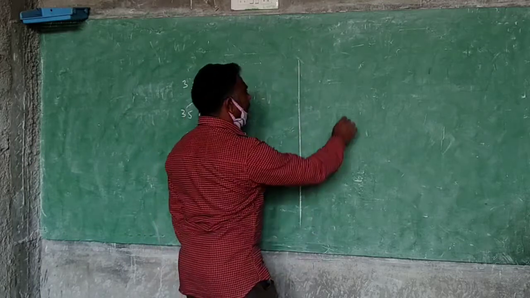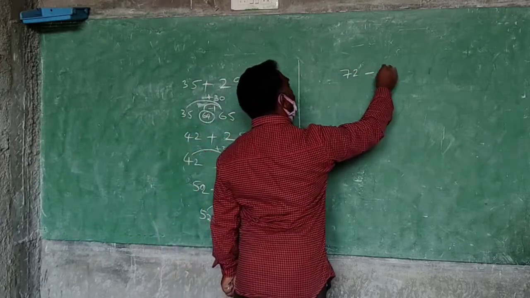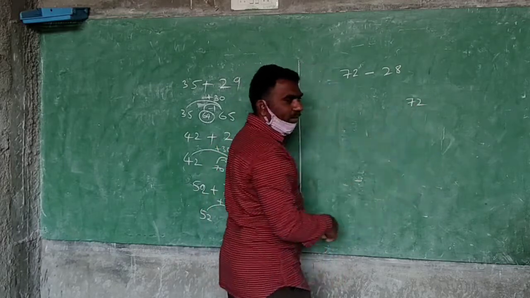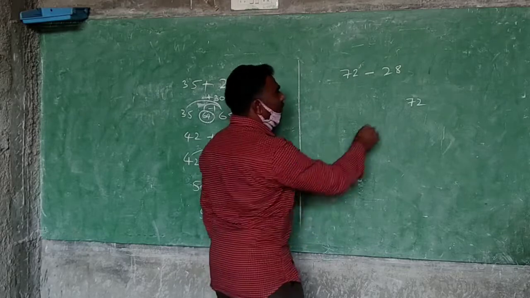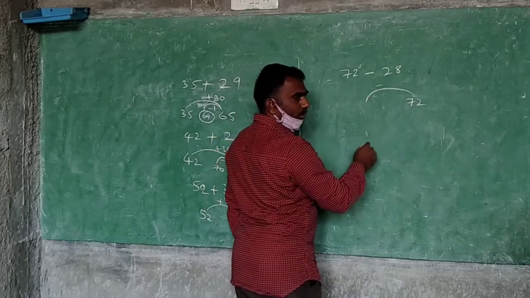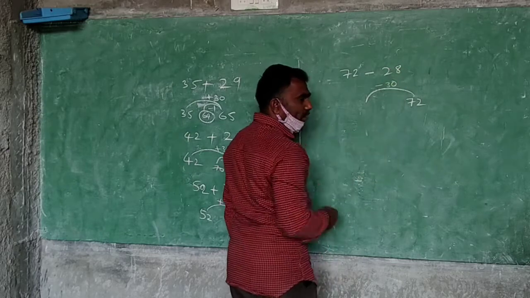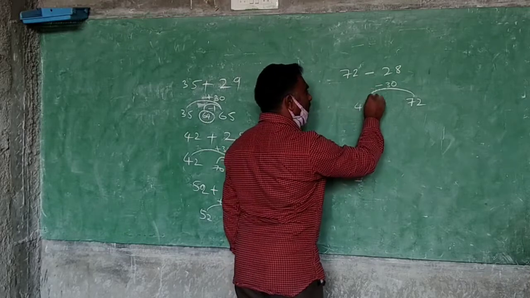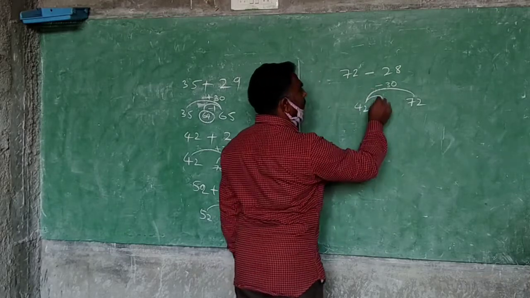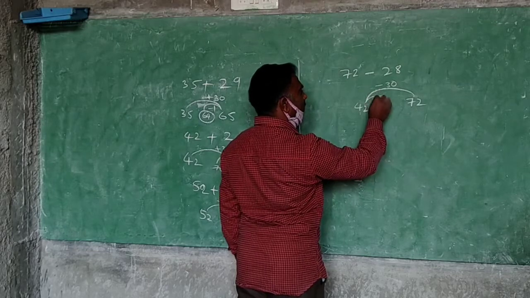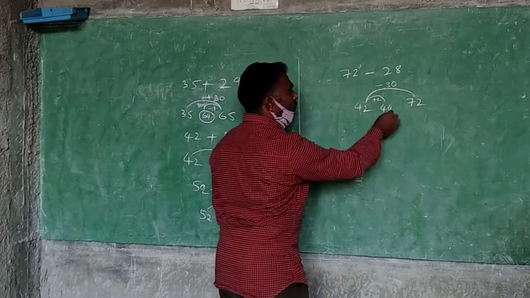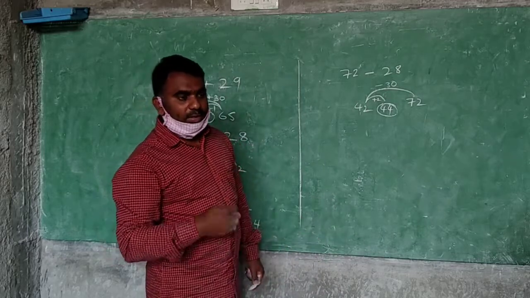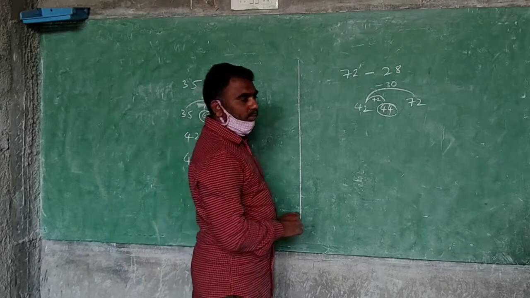Same with subtractions if you take like this. 72 minus 28. Subtraction, no. That's why you are taking the number that side. You will come back, no. How much will you come back? Minus 30, because it is near to 30, no. Minus 30 means what will you get? 42. Extra you came, no. That's why reverse. Minus 2. Reverse means here plus 2. 44. Right side you are going plus. Left side you are coming minus. Right side means plus. Left side means minus.